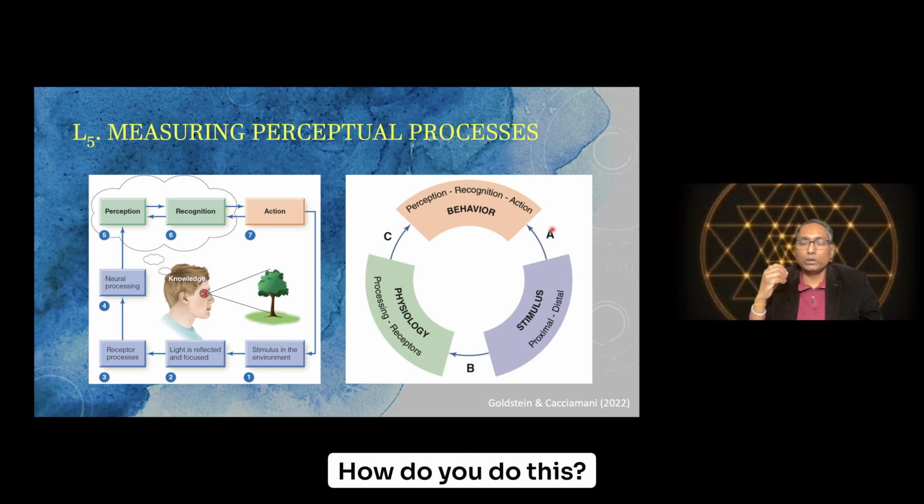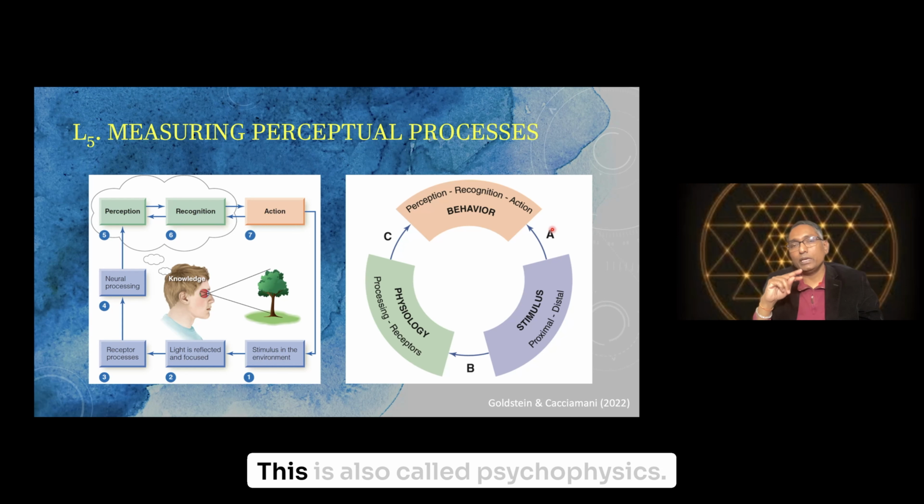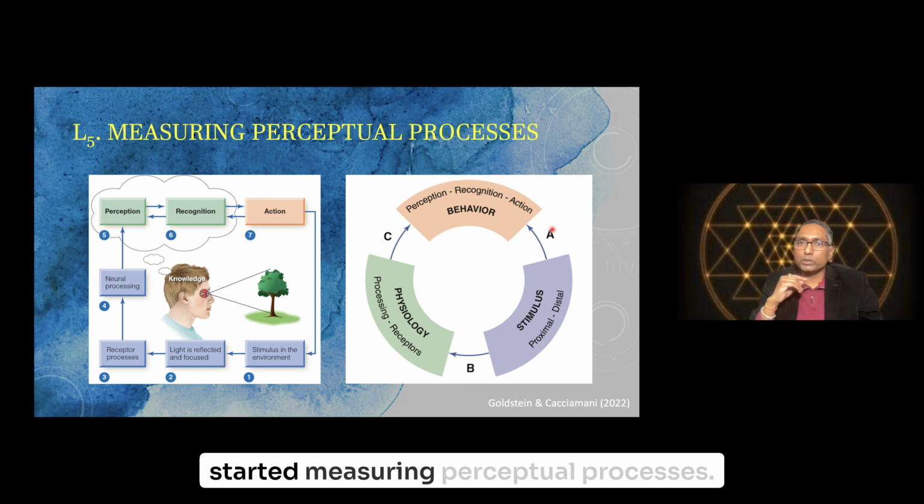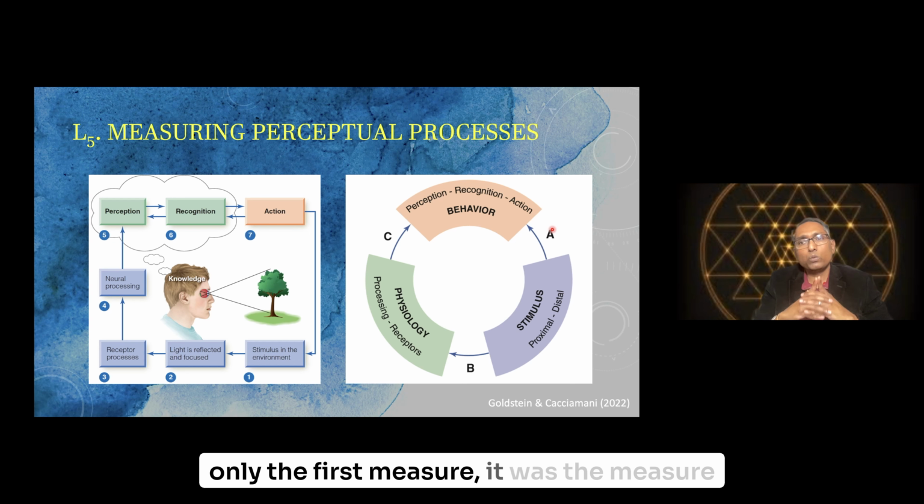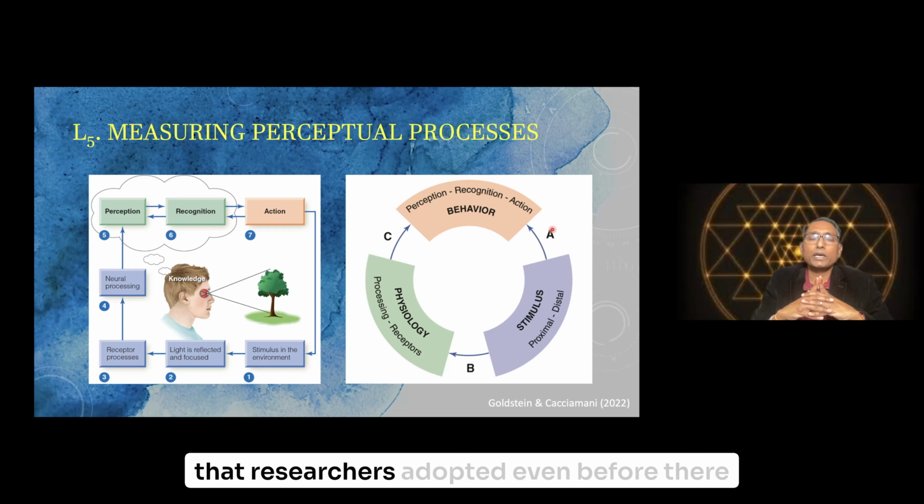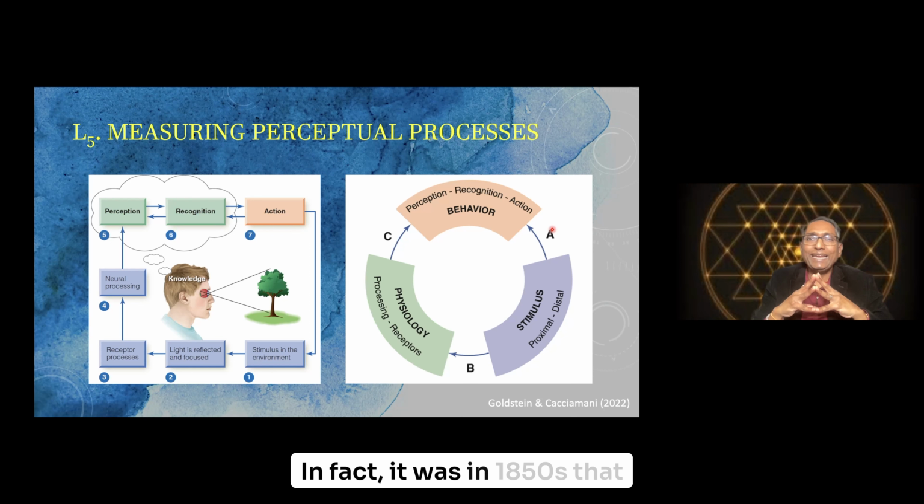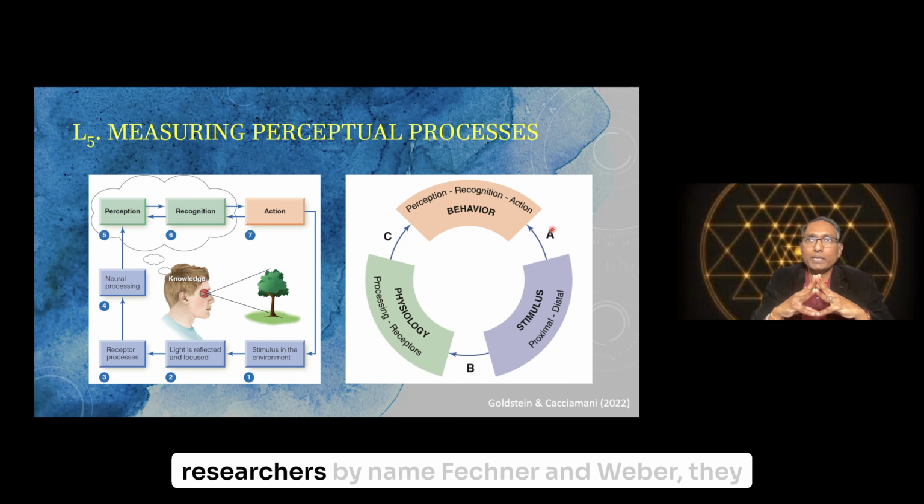And how do you do this? Well, you manipulate stimulus and measure the resulting behavior in the individual. This is also called psychophysics. Why is it important? Well, this was the first way researchers started measuring perceptual processes. The interesting thing is, this measure was not only the first measure, it was the measure that researchers adapted even before there was psychology. In fact, it was in the 1850s that 2 researchers by name Fechner